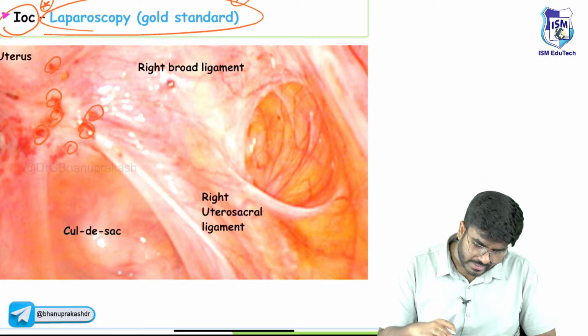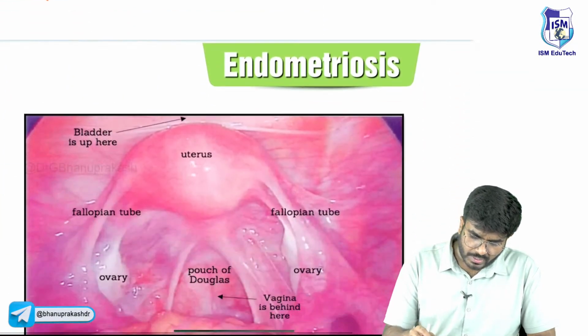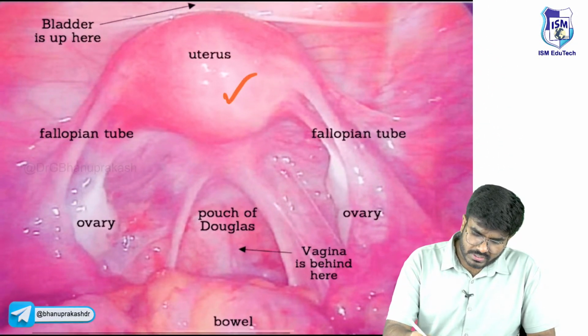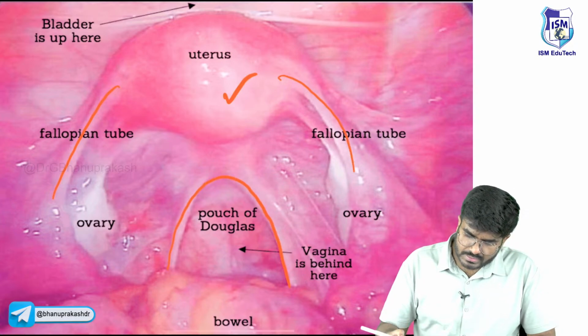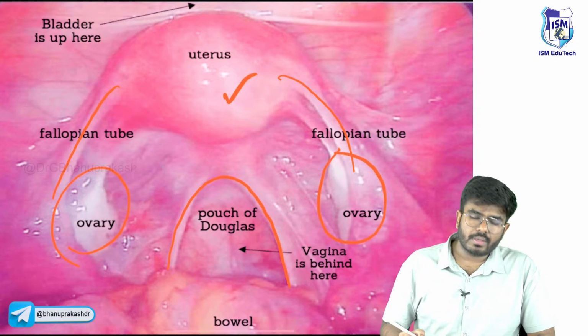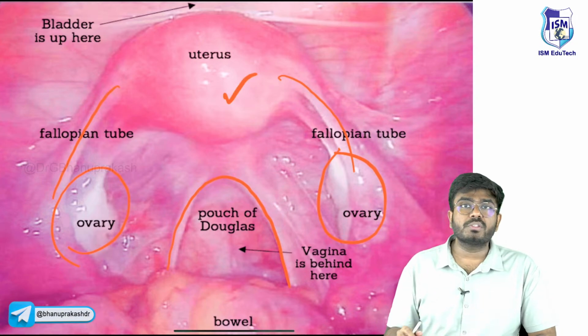Okay, those are the areas of the endometriosis. What you can see here is the cul-de-sac. For example, let me show you like this. See, this is the normal uterus. Here are the fallopian tubes. And what you can see here is the pouch of Douglas. Here is one ovary, here is one ovary. This is something normal. Let me show you how the laparoscopy is going to view